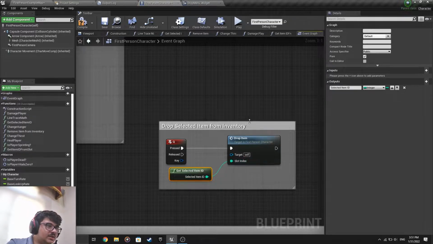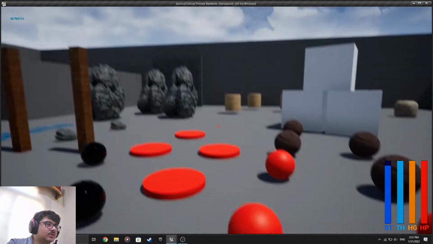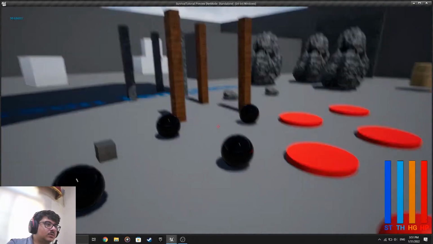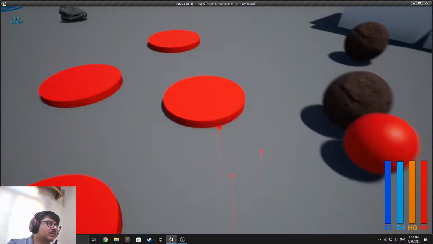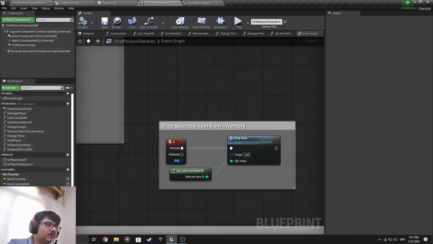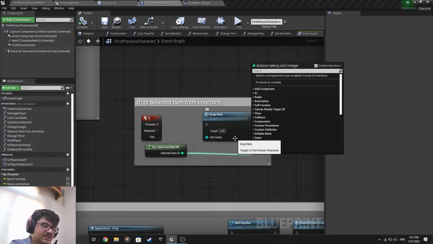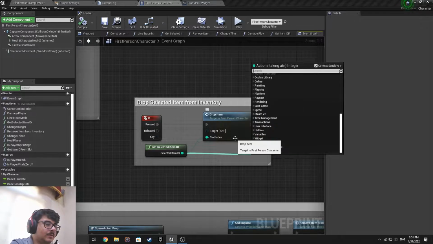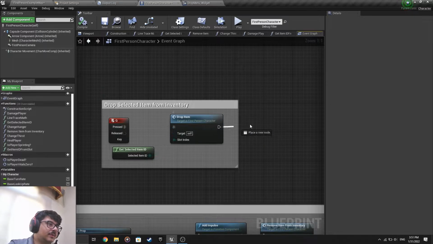I hope you guys understand this because it's kinda confusing. If I try to press Q right now, it won't work because the item is not real. If I drop right now, it works. If I unselect like this, okay, this is broken. I want to see what it actually gives me. Let me make a print string over here. I can't because it's an integer. We go from here, print string,